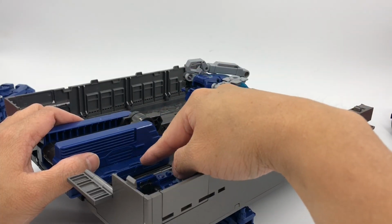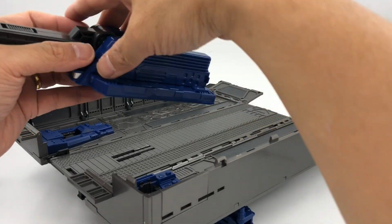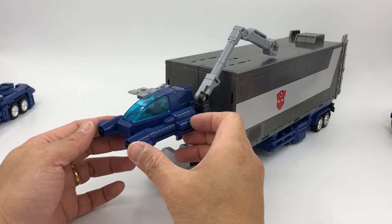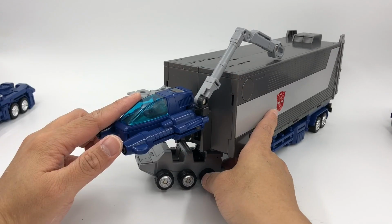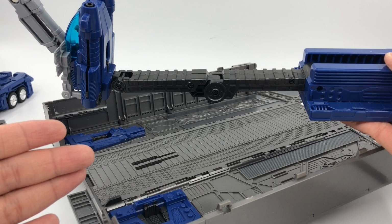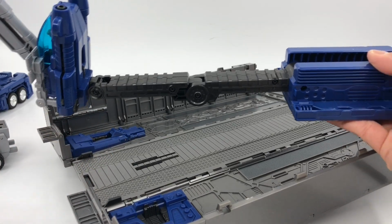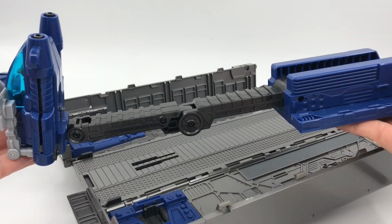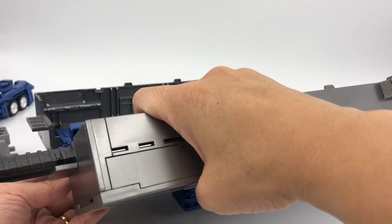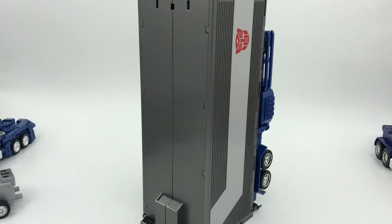You can also turn the base section from this orientation up, turn it around, and slide it back, close the trailer section, and now you can have the anti-aircraft gun on the front section. Roller is back heavy. And finally, you can convert the whole combat deck into a combat tower. All you gotta do is extend the anti-aircraft control deck like this, place it on, slide it in, close the trailer, close the door, and stand the whole thing up